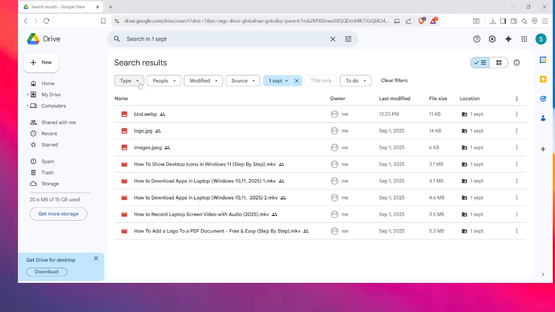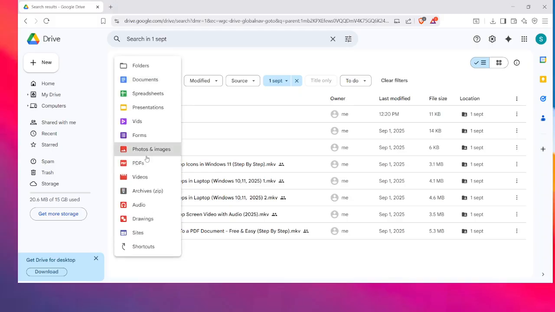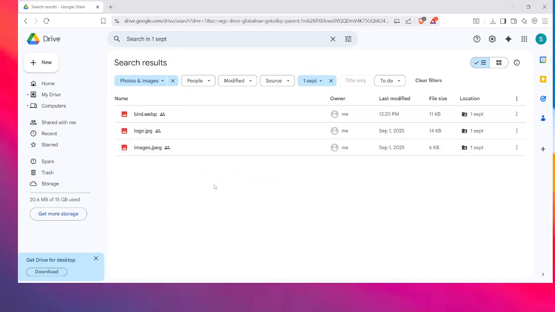Click on this type option. You can see photos and images and all the forms that you want, like there's videos, pdfs and all, but we want photos and images in this as for now, right? Click on this photos and images and you will automatically see that it automatically segregates your images and photos from